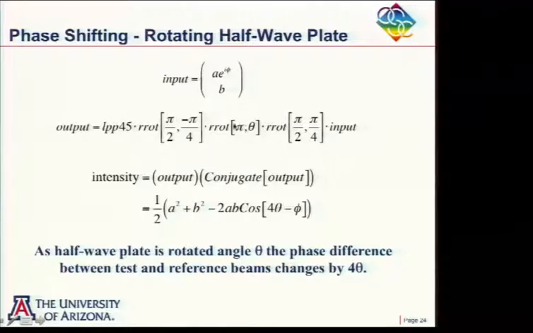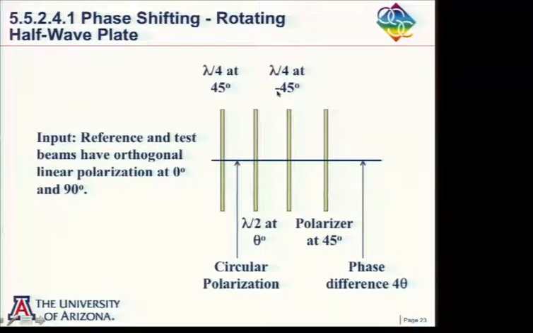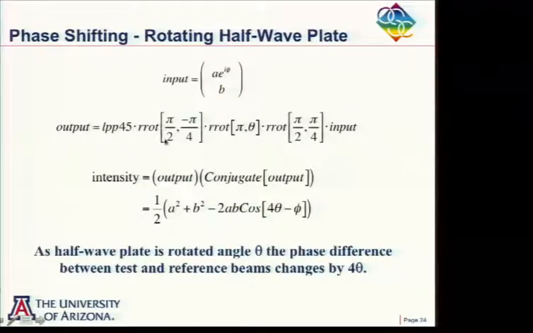And then we put that through our half wave plate that we're going to rotate at an angle theta. And then I put that through another quarter wave plate, but now that was at minus 45 degrees. And then we put that through a linear polarizer, and we get some output here. And I want to find the intensity of the output, so I take the output, multiply it by its complex conjugate, and lo and behold, what we get here is our interference pattern